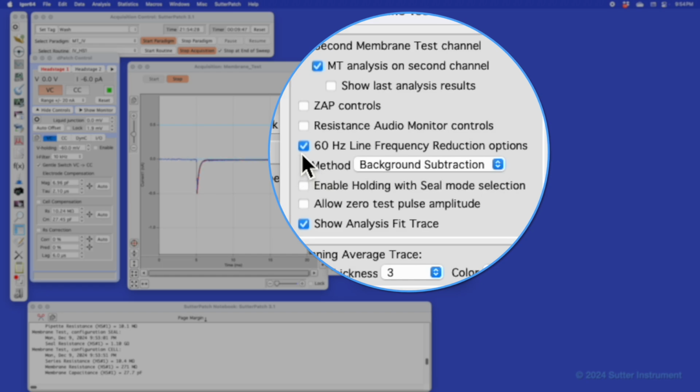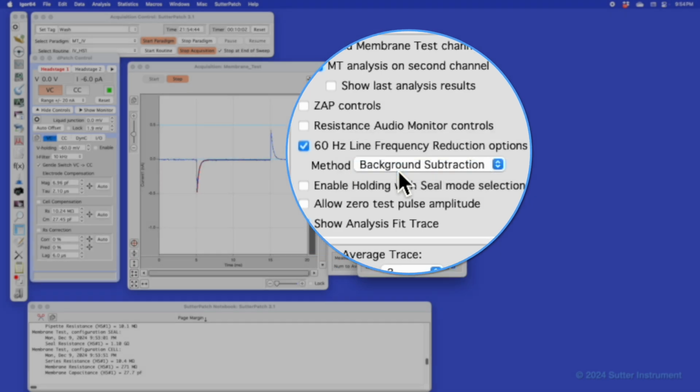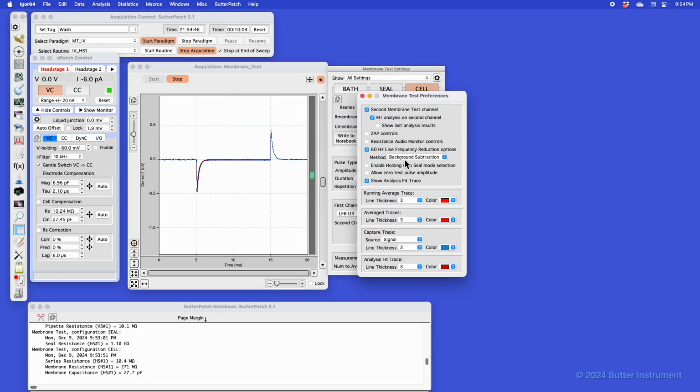And we've also modified the line frequency noise reduction. We now have two options. We have the original FFT subtraction, which was showcased in the original videos, and we've also added a background subtraction. And the background subtraction, think of it as a P over 0. There's no pulses. What it does is it takes the same sweep length as our test pulse, but it has no test pulse actually associated with it. So it grabs and acquires that stretch of data before this actually runs, and it uses that data to subtract from this.